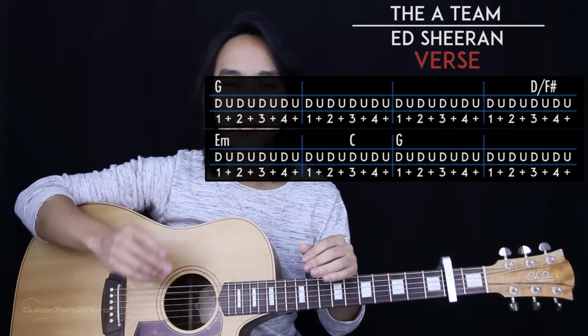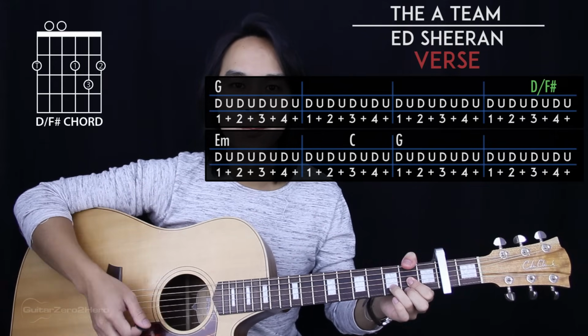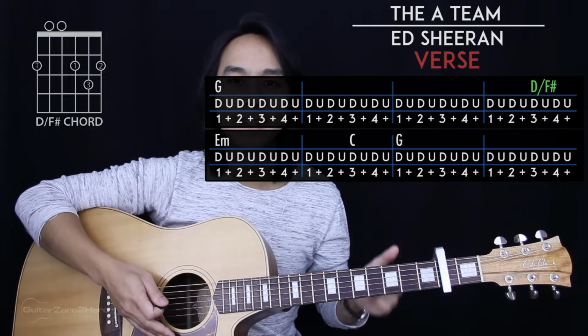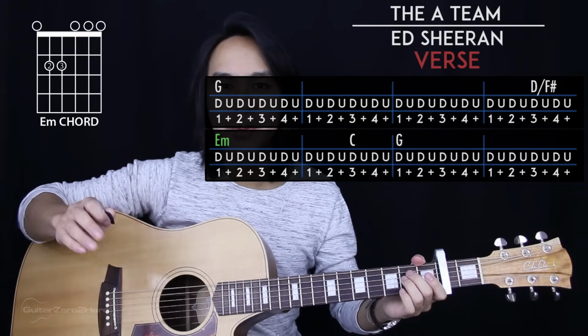So that half strumming pattern is just 1 and 2 and. Then when we get to our D/F sharp, we're going to play that for half a strumming pattern. So that will be our 3 and 4 and. Then we get to E minor, and we're going to be strumming that for 1.5 strumming patterns, which will sound